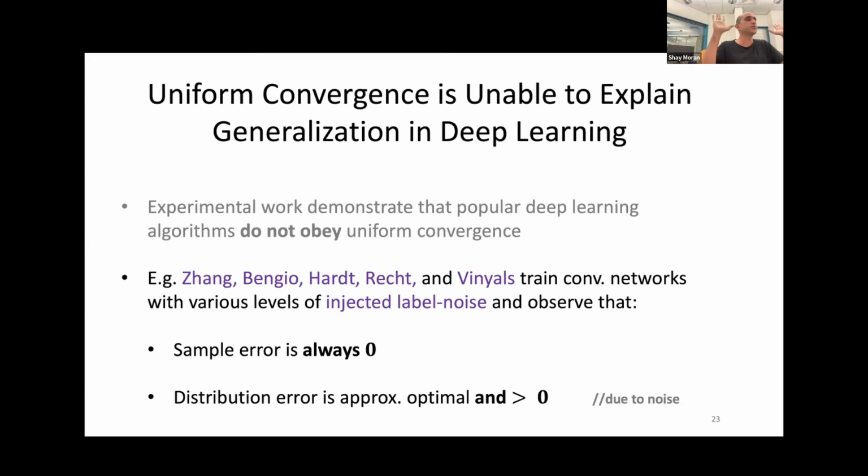That was the philosophy. And here we see that something else is happening, right? If you look at it from a traditional lens, you completely overfit because, as we see here, the sample error is always 0, and yet you learn. And this was a big surprise and shock in the machine learning community.